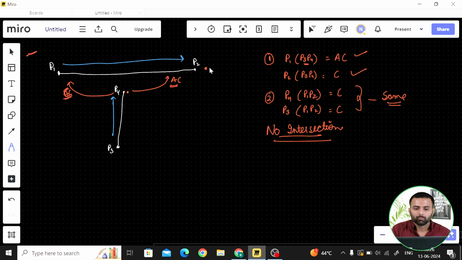Now I am here at P2. So just check where your P3 and P4 lie. Both are lying in the down part. Just visualize that part. Both are lying in the down part. It means that P3 lies in the clockwise direction. Similarly, P4 also lies in the clockwise direction, right? Both are similar. If both are similar, just visualize that part. When I am here, both are lying in the down part, right? So it means that they do not intersect. So here we just have to return false in that case, right?